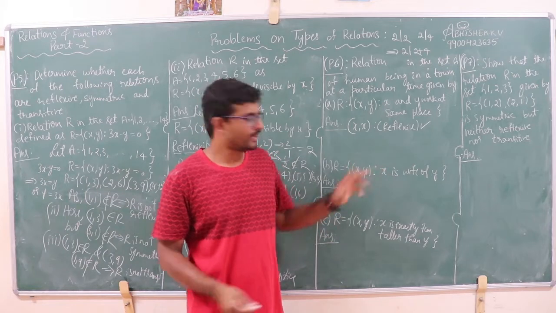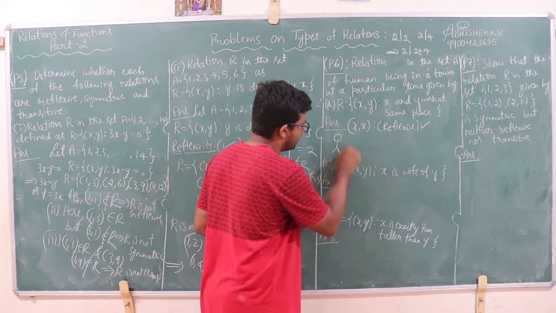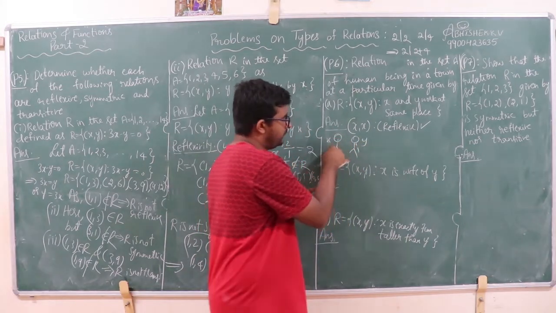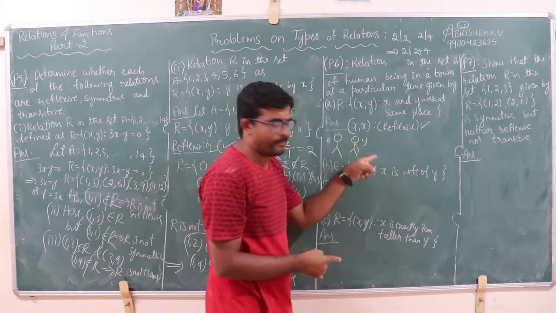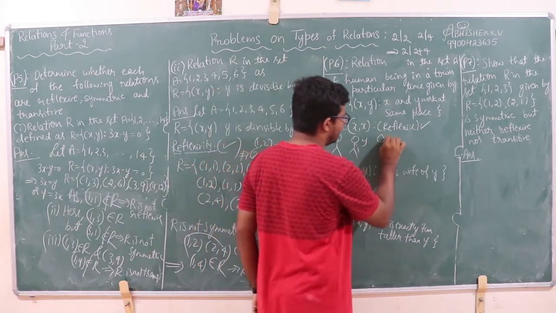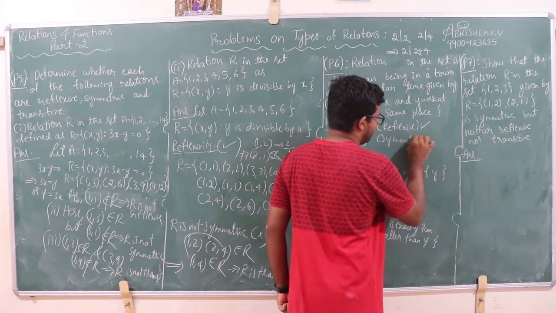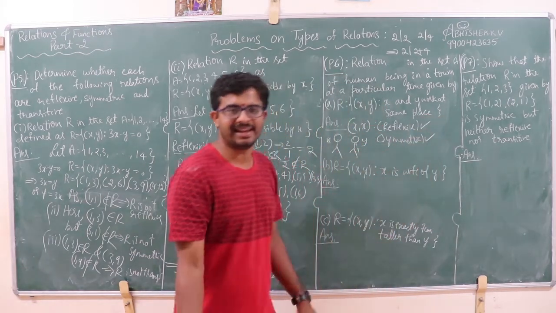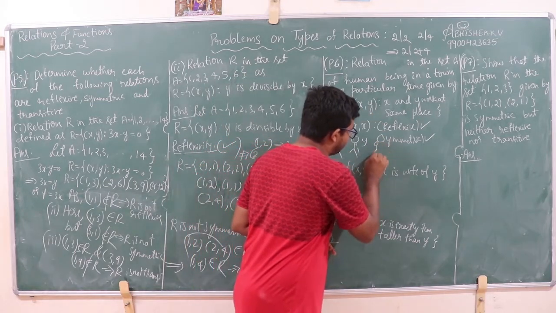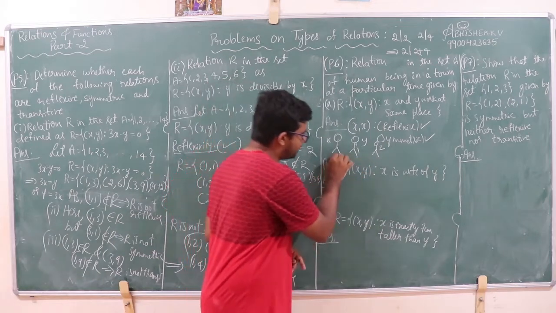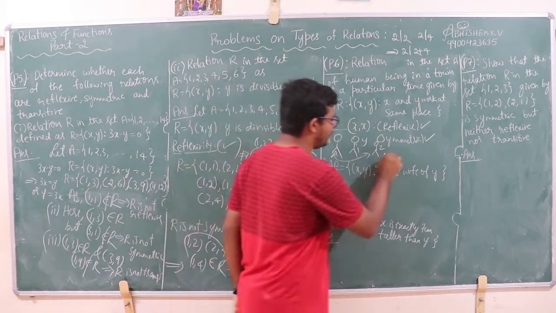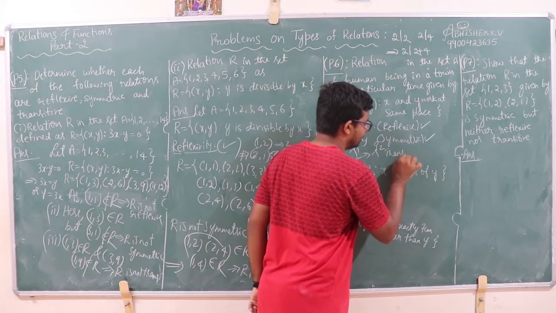It is possible. If I consider x and y, these both work at the same place. X and y work at the same place means y and x work at the same place. This implies the symmetry property holds. Similarly, x and y work at the same place, y and z work at the same place. It is possible x and z work at the same place. Therefore, it also holds transitivity.